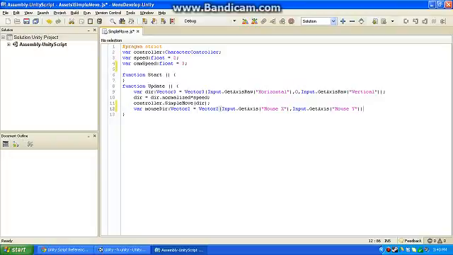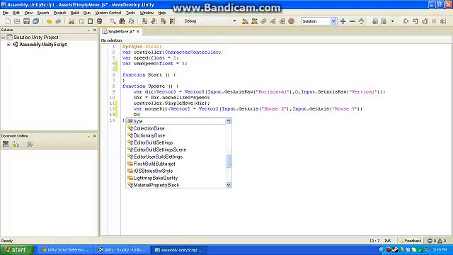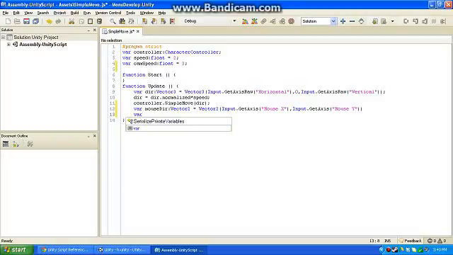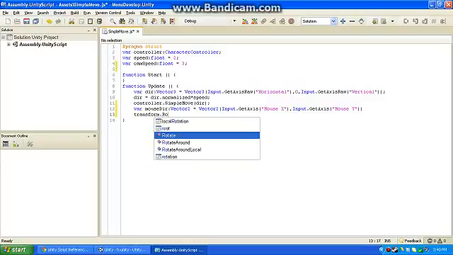So I'm storing the mouse movements now in a vector to make it easier for me. I don't have to, but it makes things easier. So now, as before, we have var. No, we don't have var. What do we have? We have transform dot rotate,